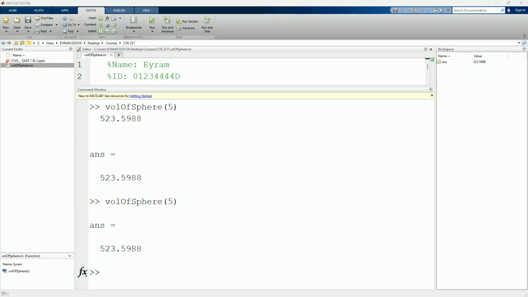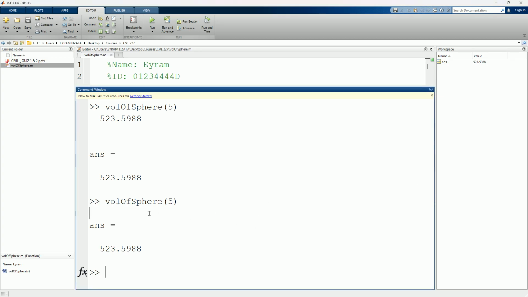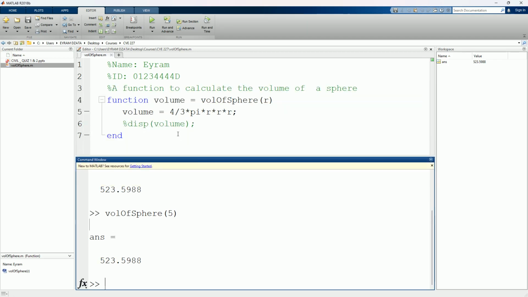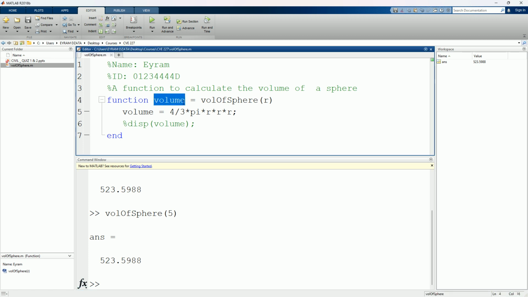All right, so that is how we implement or write a function. So that's for a single output, and then single